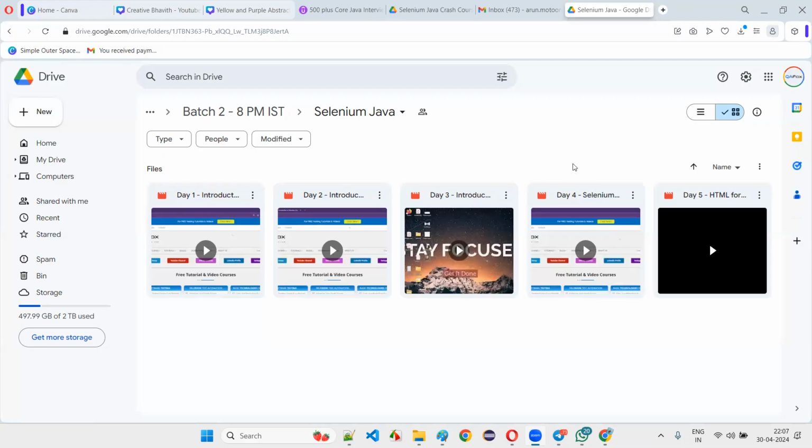Only speed we calculate. The other point is that earlier XPath used to fail in IE browsers. That's the reason they used to use CSS over XPath earlier. But nowadays the IE browser is deprecated, so there is no difference between XPath and CSS in terms of those failures. All the browsers now properly support both XPath and CSS. You can use any of them.